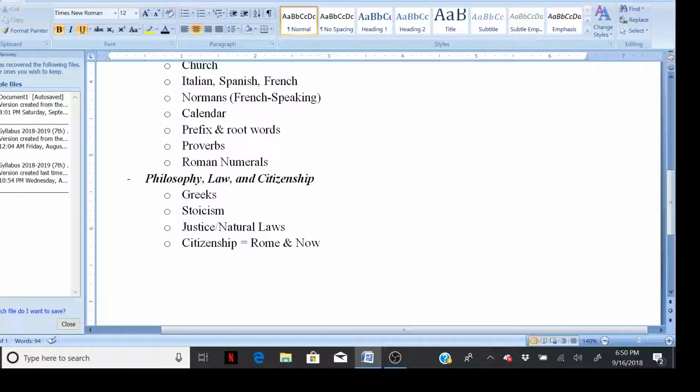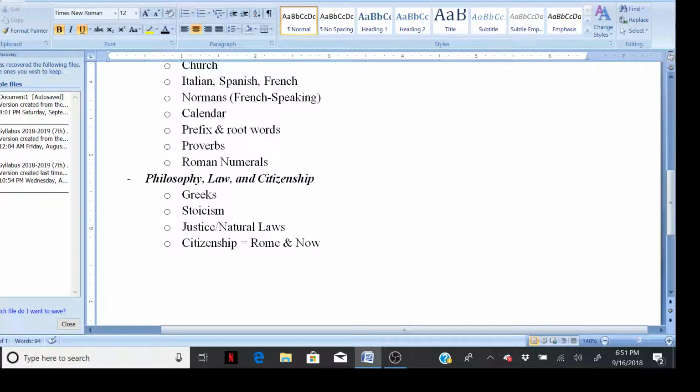Also, the final concept is citizenship. Now, in Rome, this started out with just the people of Rome being considered citizens, but then as they began to conquer more and more territory, they began to expand that to anybody under the Roman banner. So, in other words, anybody that became a people of Rome through being conquered would become a Roman citizen.